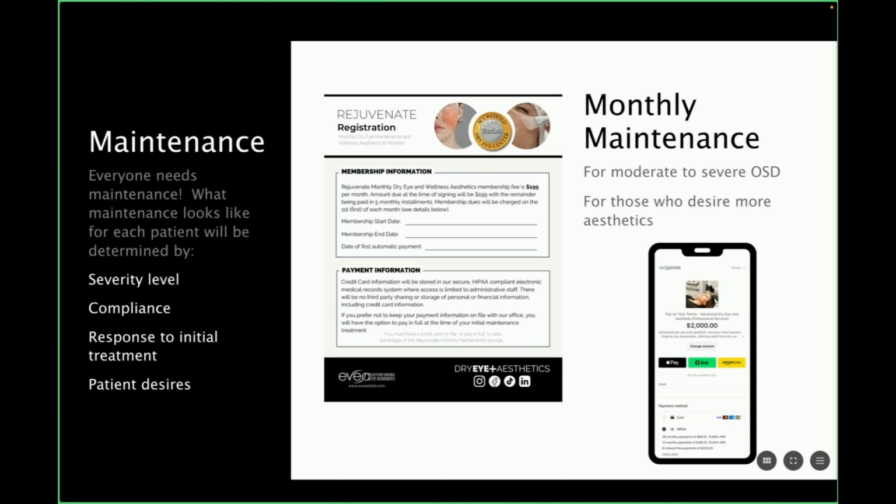What does that follow-up session look like where we're talking about maintenance? So expectations are important. I probably should have done a whole section on that, but it just came to mind. Another thing that we've recently implemented for monthly maintenance and quarterly maintenance, as well as for patients initially signing up, if you look down here in the right-hand corner, is pay over time. Patients can now sign up for this, and using something like Affirm or Klarna or Link, immediately they can see how much they're going to need to pay per month. Now, we get all that money up front, and it's now up to them and the company that they went through to figure that out.